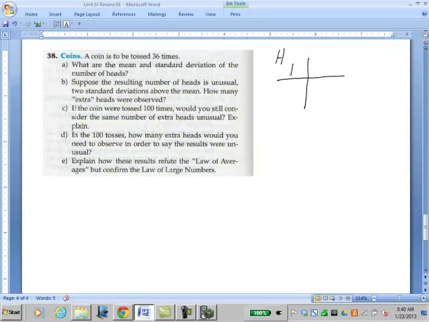So we have H, little h, and the probability of little h. What are we going to have for one coin toss? You can get 0 heads, you can get 1 head. What's the probability of 0 heads? 0.5. Probability of 1 head, 0.5. So what is the expected value of H for one coin toss? Okay, it's half a head, right? 0.5. Now, the standard deviation for this,